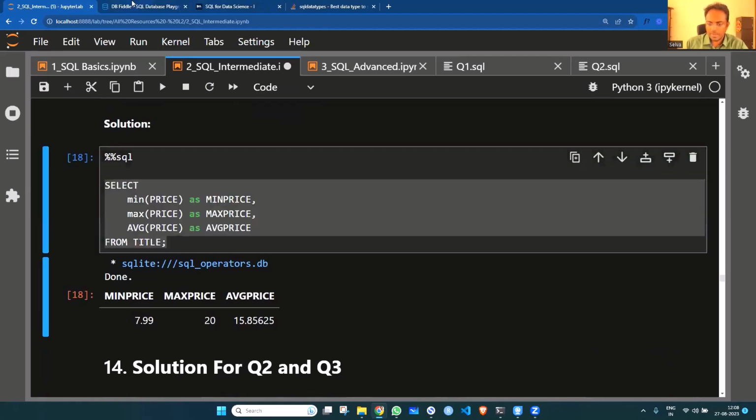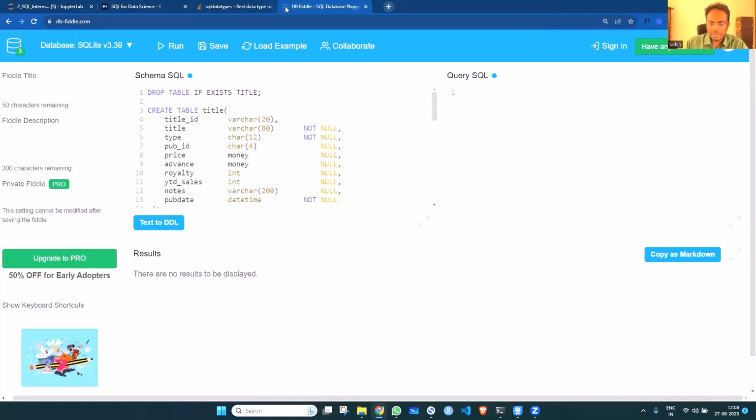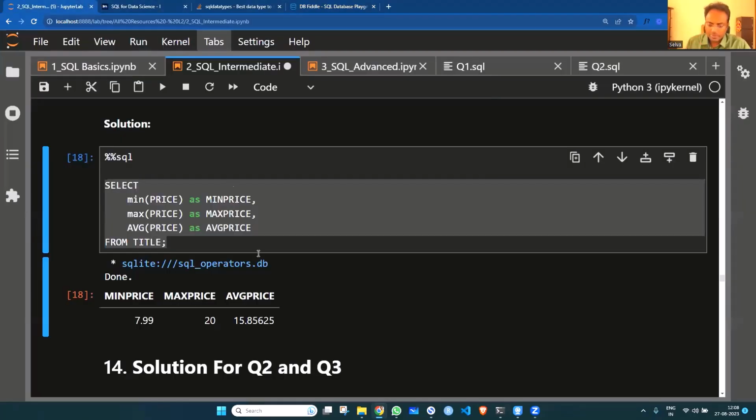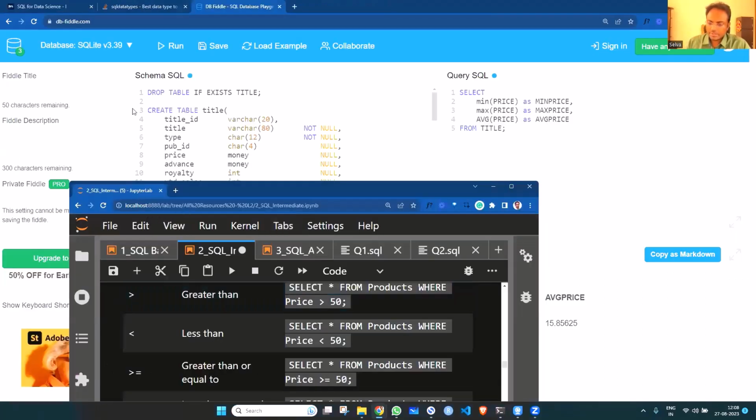I'm going to copy this and paste it in the DB fiddle. And it should return the answers without trouble in DB fiddle also. All right, so here you have the answer, minimum, maximum, the average price answers. Good, so that's fine. Second question